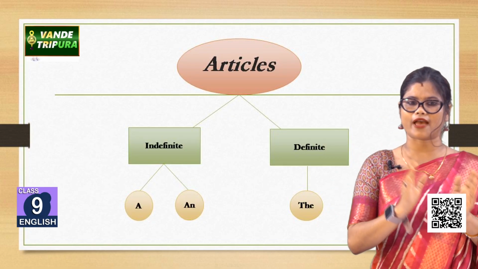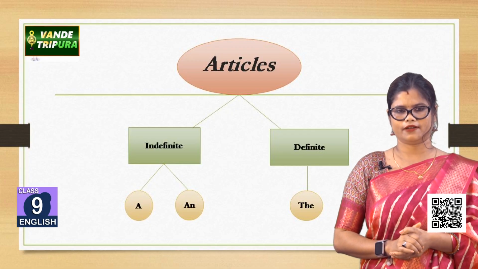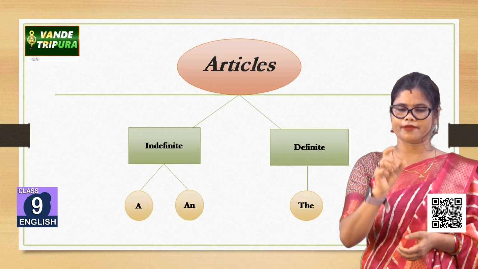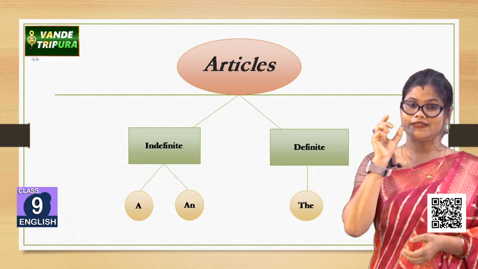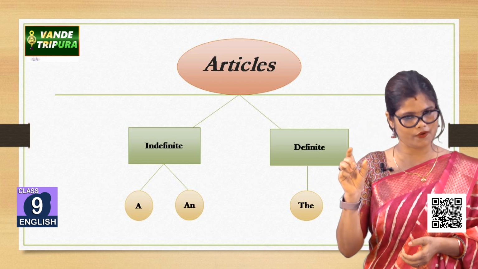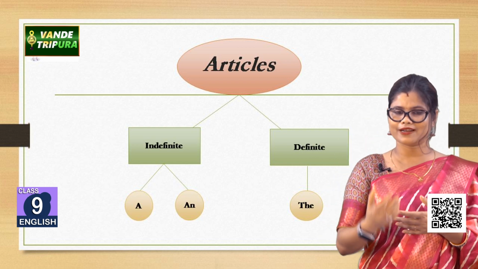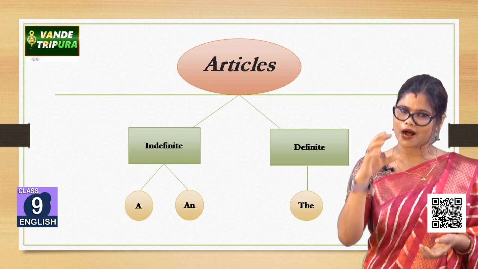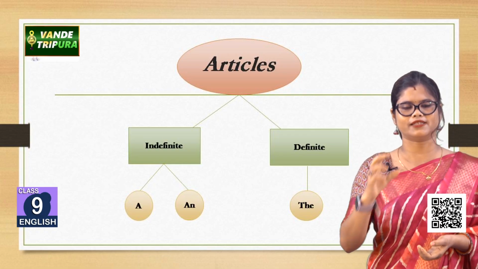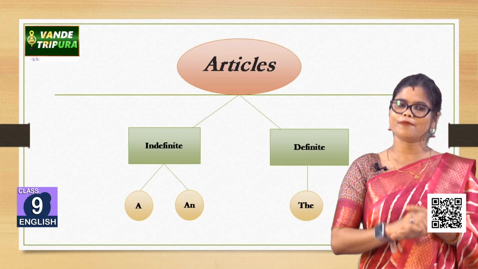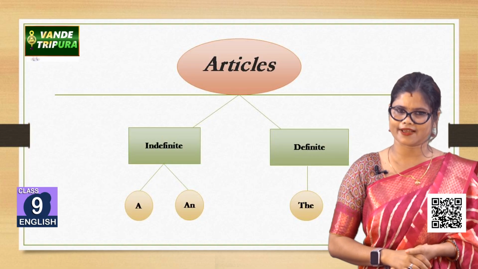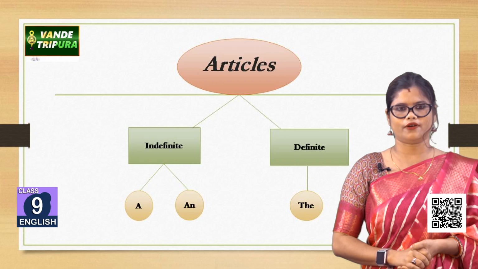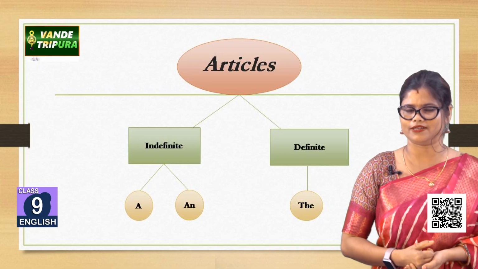Okay, so আবার তোমাদের কনফিউশন হতে পারে যে ধরে নাও he is an MP. ওকে, সো he is an MP যদি আমি বলি, M is a consonant, তো আমাকে জিজ্ঞেস করতে পারো ম্যাম M is a consonant, তাহলে এখানে an কি করে হলো? So you should remember that I am telling you that this is a consonant sound, not the letter. Okay, so you will focus on the sound, that whether the letter is pronounced with a consonant sound or the vowel sound. If it is a vowel sound then we will use an, if it is a consonant sound then we will use a. এমপি বলে কিন্তু এ আগে আসছে, এ ভাওয়েলের সাউন্ড আগে আসছে, তাই আমরা এন ইউজ করছি, কারণ ভাওয়েল সাউন্ড আসছে, ঠিক আছে।